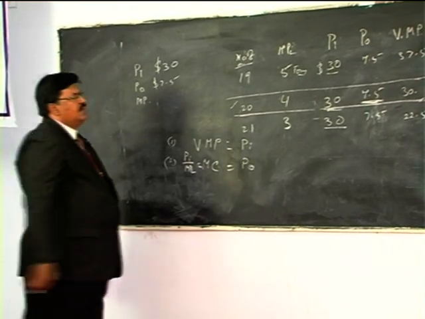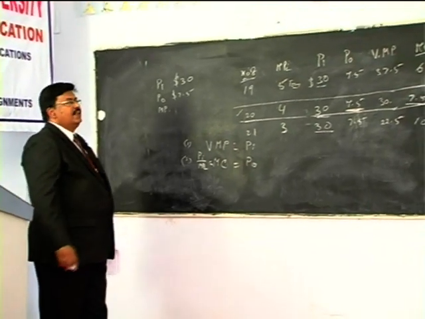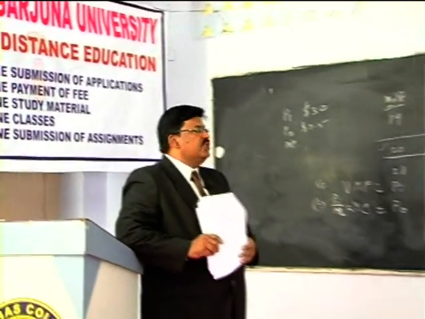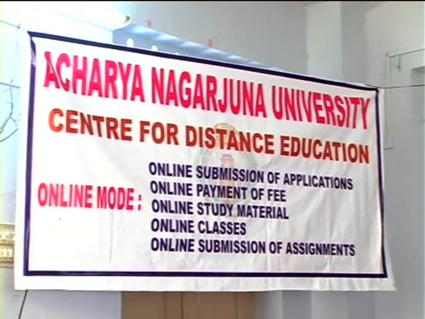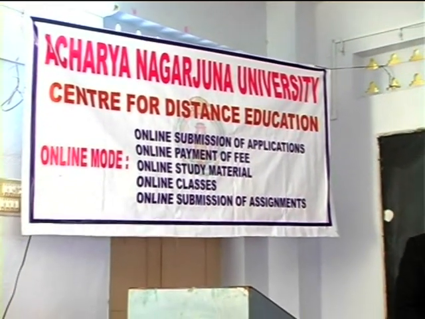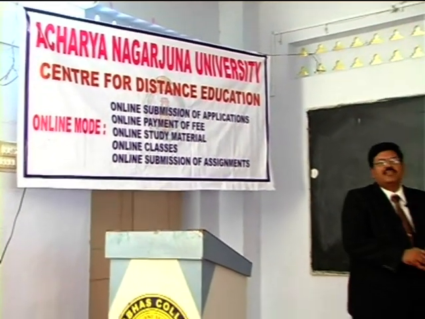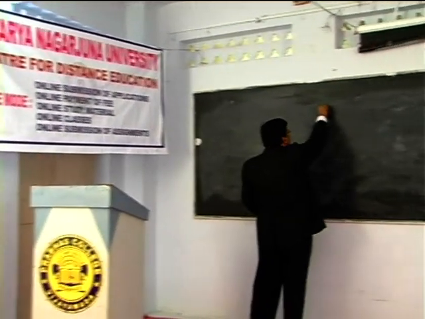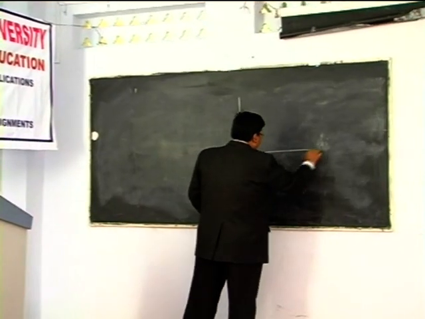So these 2 conditions are satisfied with the 20th worker, and this is called equilibrium of the producer or equilibrium of a firm with 1 variable input usage. That is called the optimal quantity of a variable input usage to be hired. In the earlier session, we have seen what is the optimal quantity of a variable input usage. And we can show the same thing with the help of a diagram also.